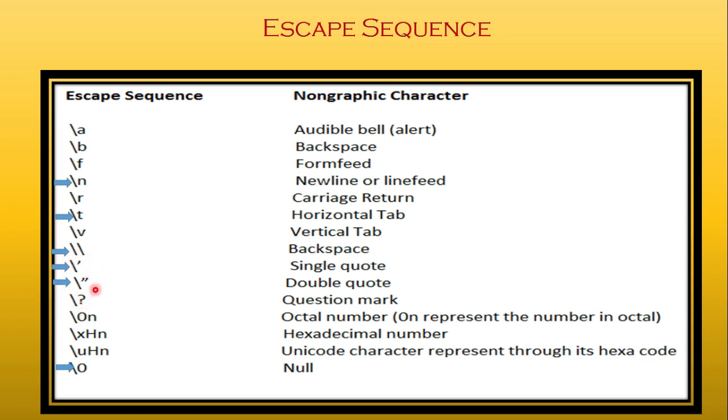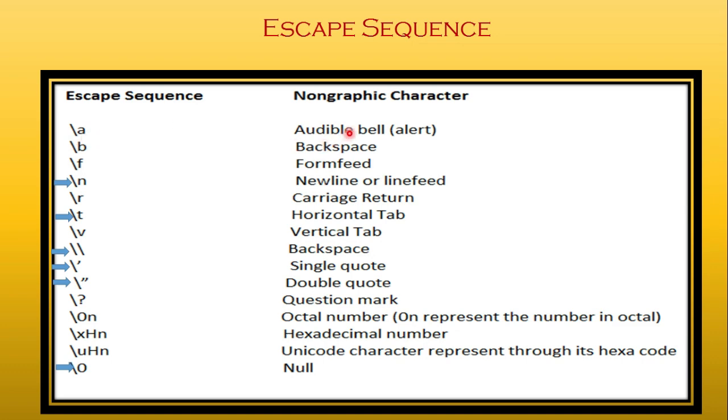So even though these symbols can be printed from the keyboard, we are not printing them directly, because if we use these symbols as symbols, they have certain meanings in the language. And there are situations where we need to use question mark as question mark only. Then what is the solution? You will print these characters with the backslash. Then the meaning of the real question mark will be counted. Now you can see certain other symbols also.